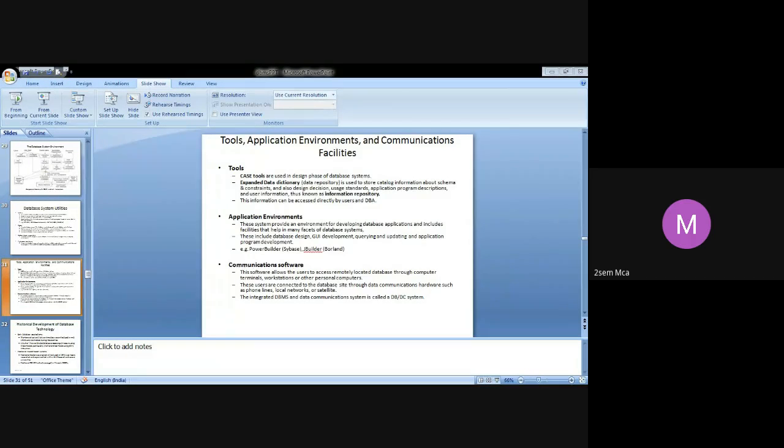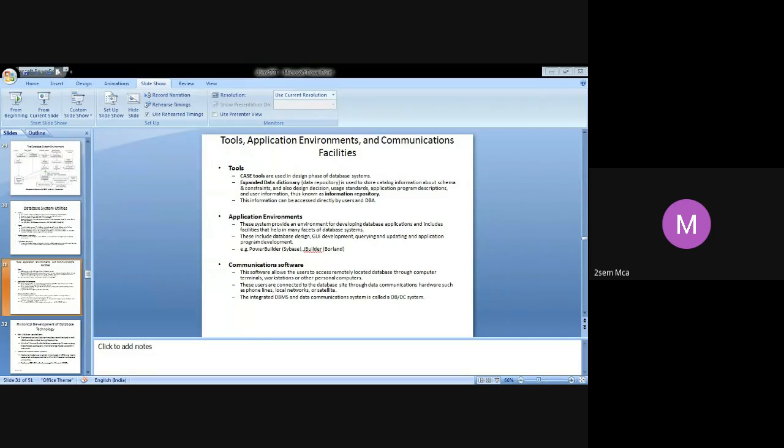Okay, you are not able to see the change in the slides? Is it so? Yes, ma'am. What are you seeing now? Which slide are you seeing, please? Can you tell me? Tools, application environment. Yeah, that is where I am.